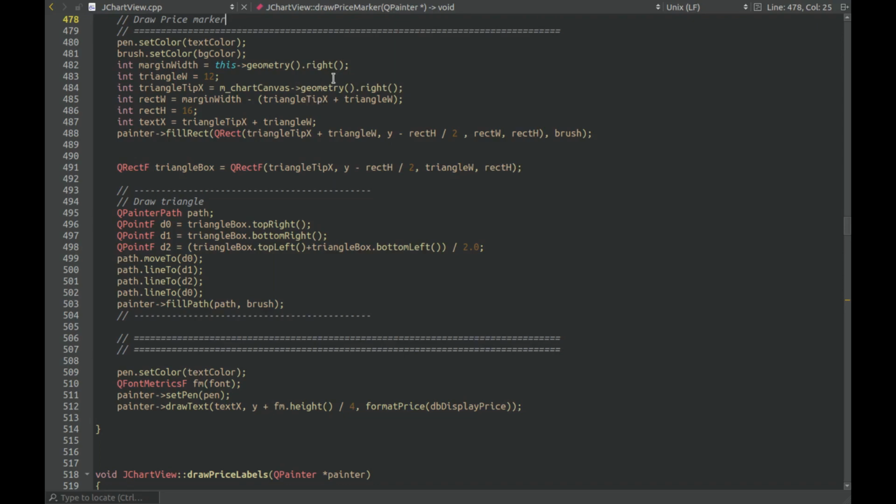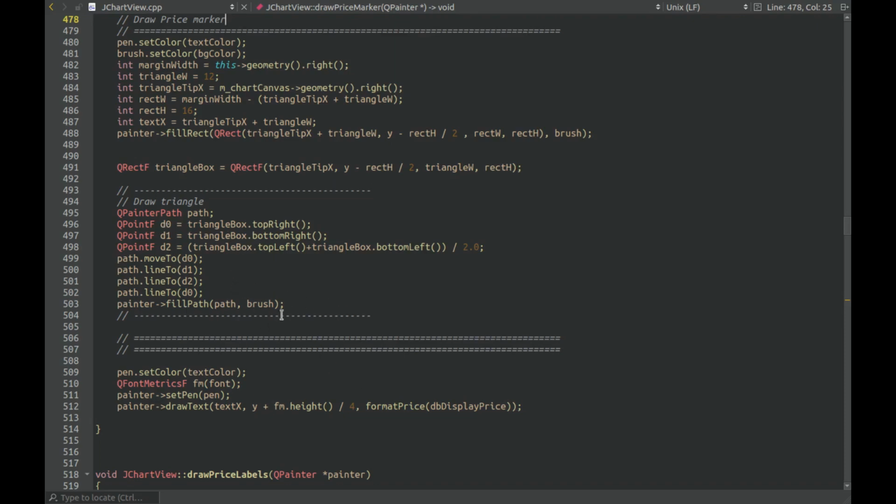Now let's draw the price marker. So I'll go ahead and set my color, text color, the background color. Again, I'll set the margin width. Notice the triangle and the rect H, they're the same as the prior crosshair pointer. I'll fill the rectangle, draw my triangle box, do the same thing with D0 through D2, and I'll create my